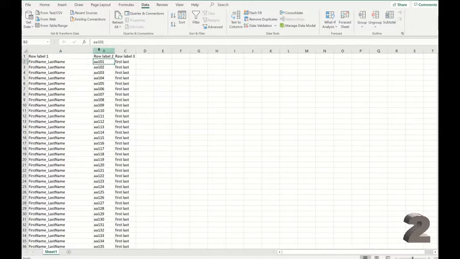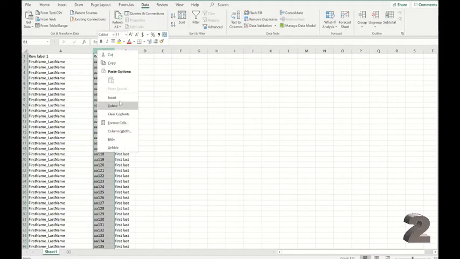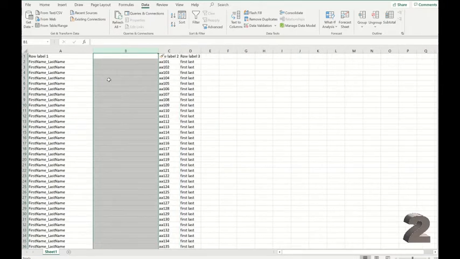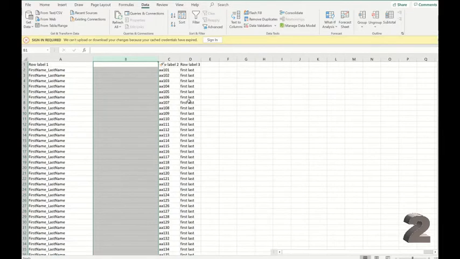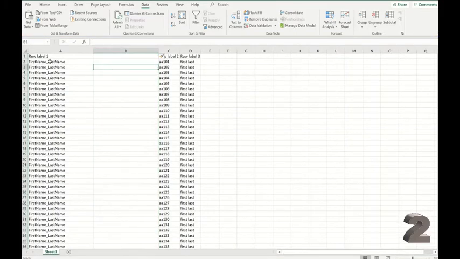Now when I'm separating columns, if you put your cursor up here where the arrows are, I like to insert blank columns where I'm going to be separating things. The reason I do this is because if you don't, it actually asks you when you do it, do you want to override data in the cells? And if you accidentally click yes, then you may potentially lose that data. So right now we're going to be splitting up row label 1, and when I do this, you've got to be cognizant of the labels. So this is now going to become the first name column,